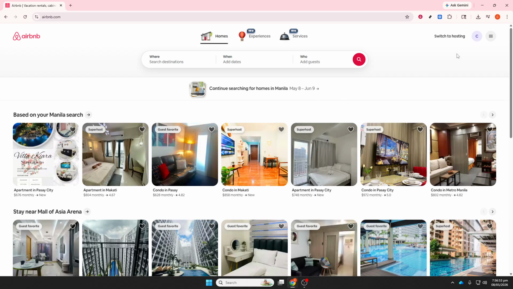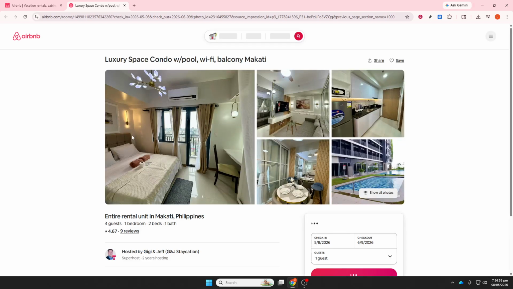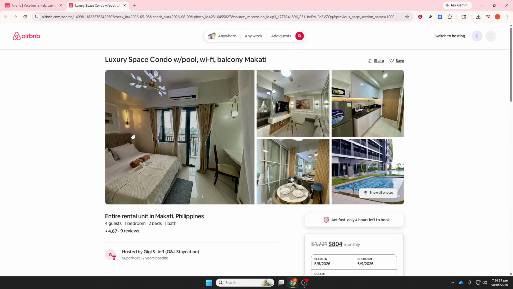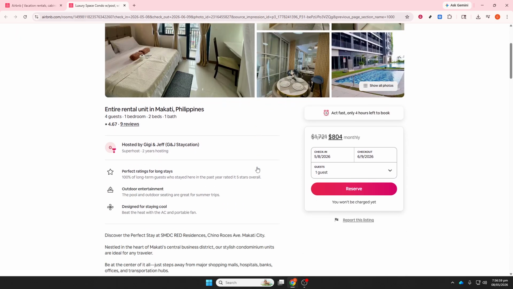Find the stay you want to talk about and open it. On that page, look for the option labeled Leave a Review and select it to get started. You'll begin by giving ratings. Airbnb asks for scores in a few specific areas, and thinking about each one will help you be fair and